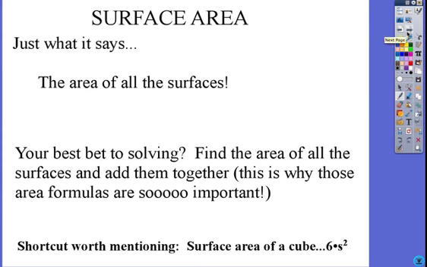So now we're going to move into surface area, and really there's not much of a shortcut for surface area. You're going to do exactly what it says. You're going to find the area of all the surfaces, and then you add it together. The only